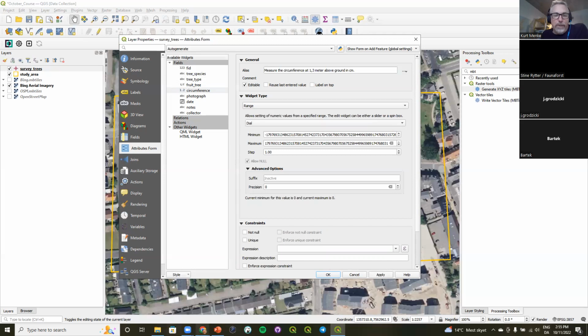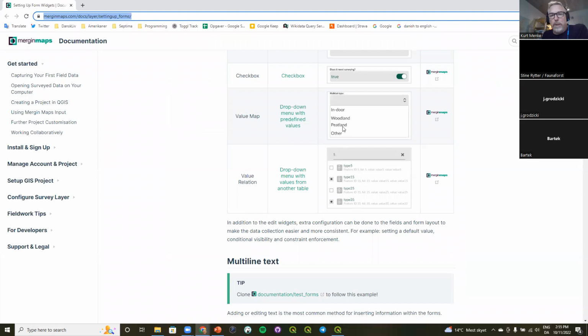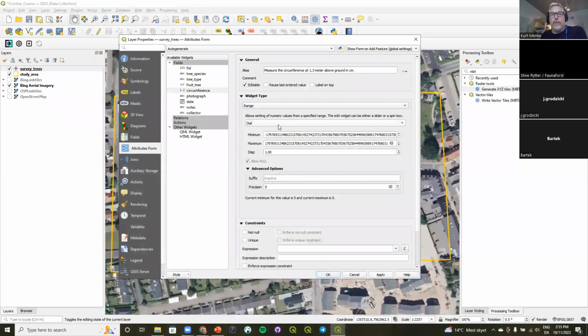So a slider would be, from this web page, this sort of situation right here, where we have this slider that goes between a minimum and maximum numeric range and allows the user to slide that way. You can set these up in a different way. You can also have a dial, which would just literally be a dial that the user turns to set the